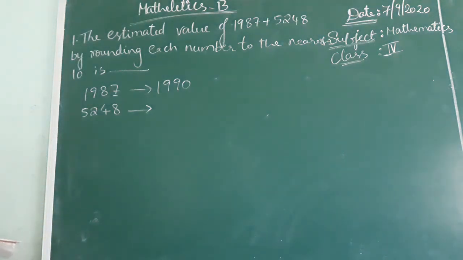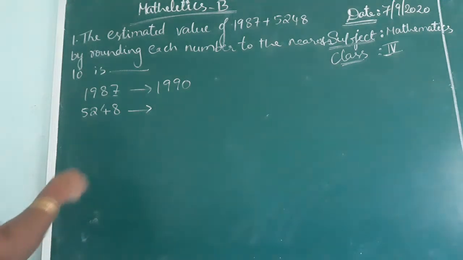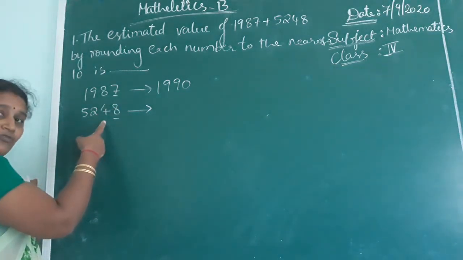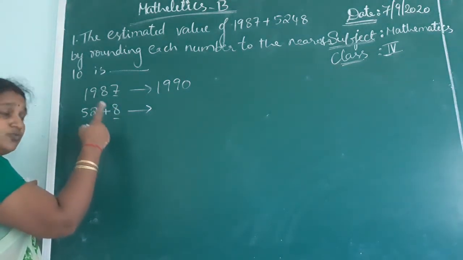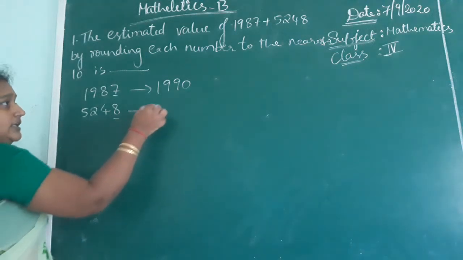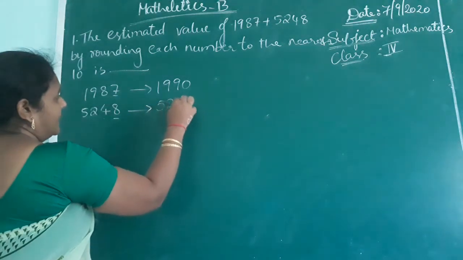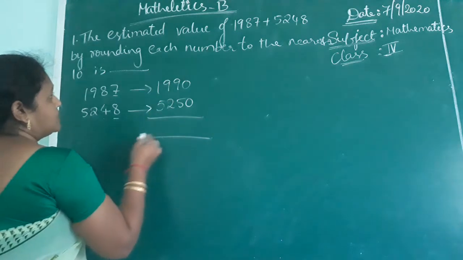Next, see the ones place digit in the second number, 8 it is. Is 8 more than 5 or less than 5? It is more than 5. So what comes as the next 10 after 48? 50. So 5250. If you add these two,